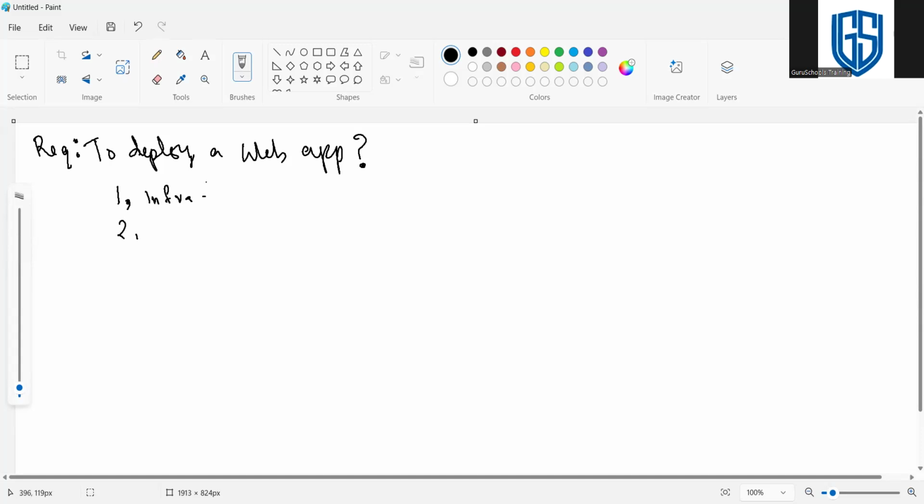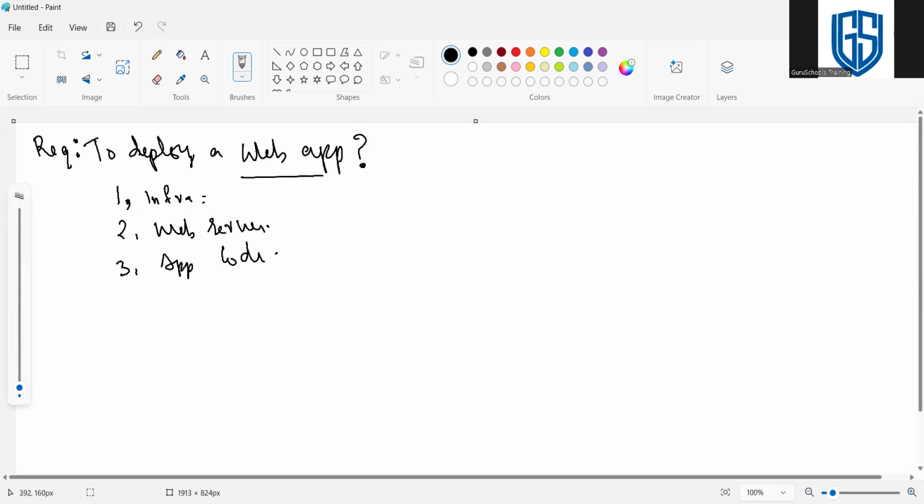Second, we need to install the dependencies for running the web application, like any web server. Then we need the code, right? The application code. These are the common requirements that we need to follow to deploy a web application, right?